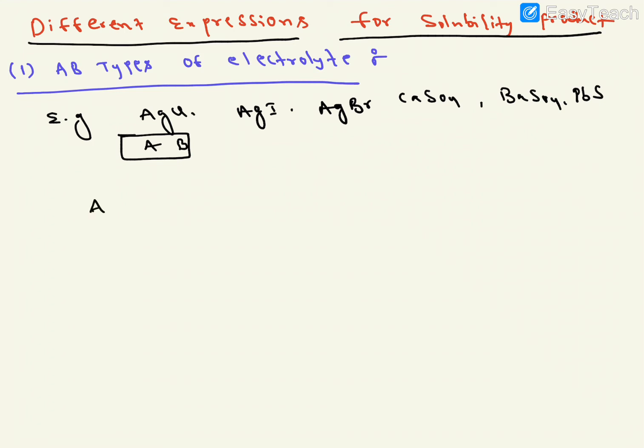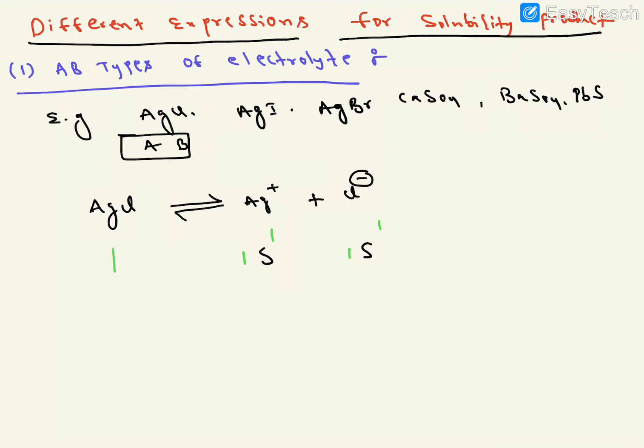So for example, I am taking AgCl, which is an AB type of electrolyte. When it dissolves, it gives some ions, Ag plus ions and Cl minus ions. It is not a complete dissociation; some amount dissociates. So how can we calculate here? The solubility is S. What is the stoichiometric coefficient here? This is 1 and the stoichiometric coefficient is also 1. Whatever stoichiometric coefficient we take, we have to take the same in the powers. This is power 1 and power 1.